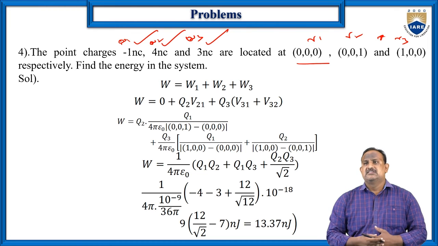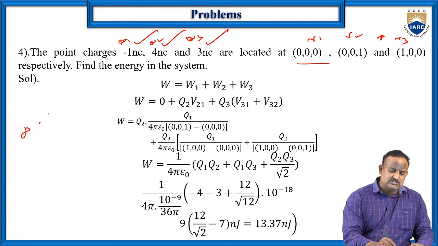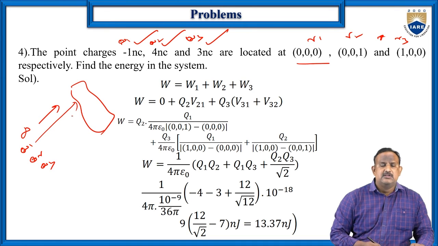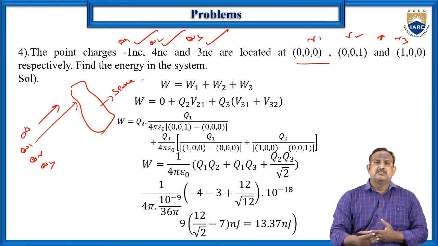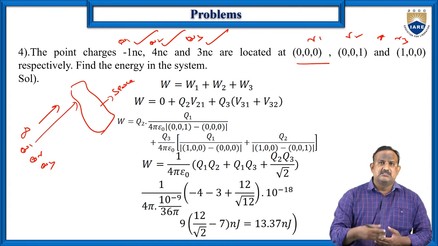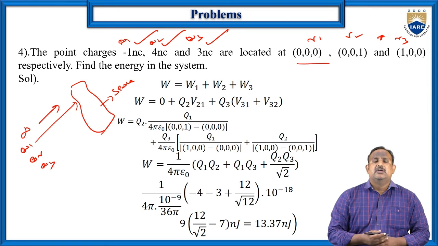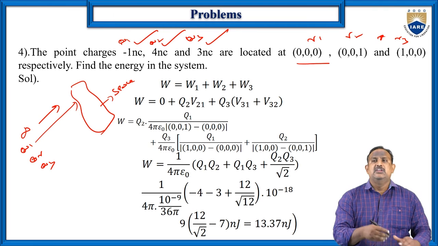To find the energy in the system, first of all, we need to assume that we move the point charges Q1, Q2, Q3 from infinity to space. To move the point charges from infinity to space, we need to do some work. Before the movement of the charges, the space is charge free. Therefore, in moving the point charge Q1 from infinity to space, no work needs to be done.